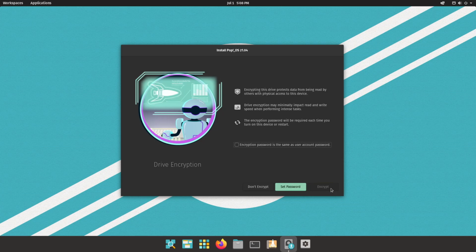For the user account. And right here, it offers to encrypt the hard drive. I'm not going to for this demonstration. This option, if you do want to encrypt it, makes the encryption password the same as the user account password. I would not recommend using this if you're truly